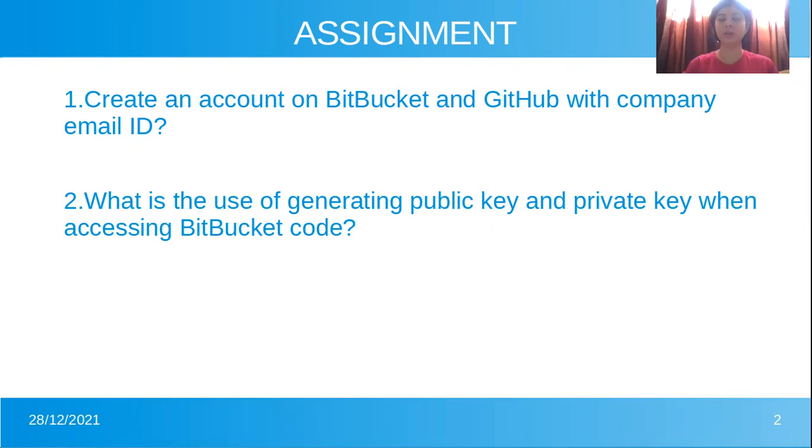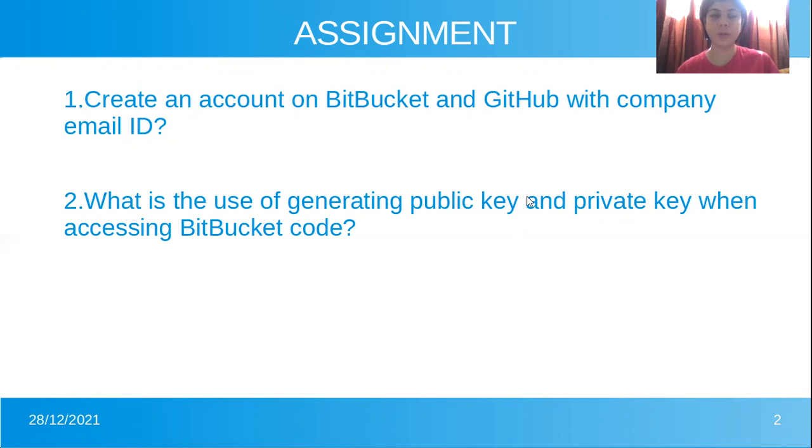So what they need to do is they need to clone the source code from the main repository or the remote repository, and then they need to create their own separate QA branch and dev branch, and then they can do the changes in the code, and then they can commit the code and push it back to the main repository at the time of deployment. So this is how Bitbucket functions for any particular project.